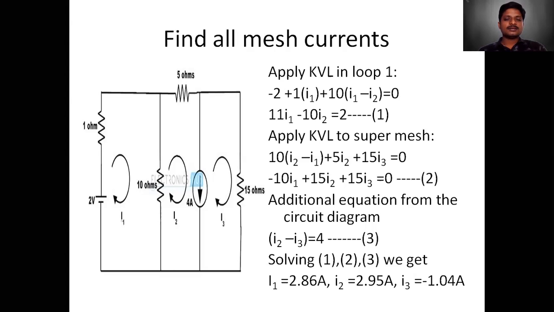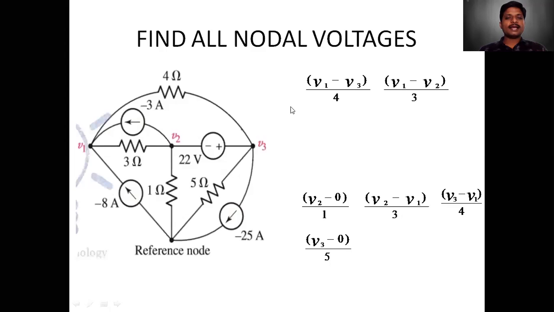So this is how you have to solve when a current source is present in the diagram. You have to understand that if there are more voltage sources in a circuit, it is easy to apply Kirchhoff's voltage law, or mesh analysis. Suppose a circuit diagram has two voltage sources and one current source, and that current source is present between two meshes, then you have to apply super mesh. That you need to remember. Next, we will be looking into super node analysis.